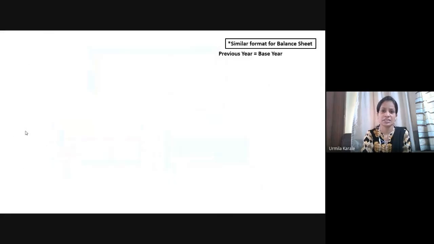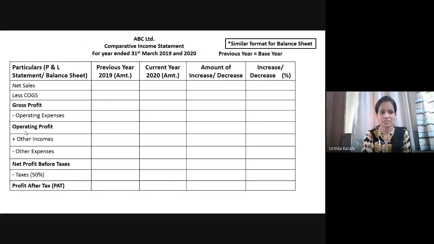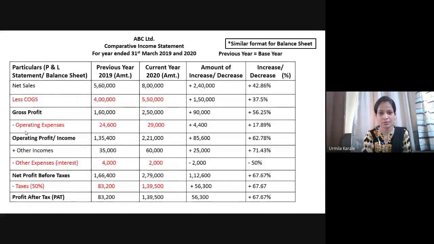So we have seen inter and intra-firm comparison, then we have seen this format, then we have seen one example. How you calculate this: this is last year's figures. All this is last year's performance, or last year's result of the company. This is this year's result. So at the same time, you're getting both the amounts, this year and last year performance, so that you can compare easily. We just find out in each component how much change has taken place. That change is showcased in the next column.